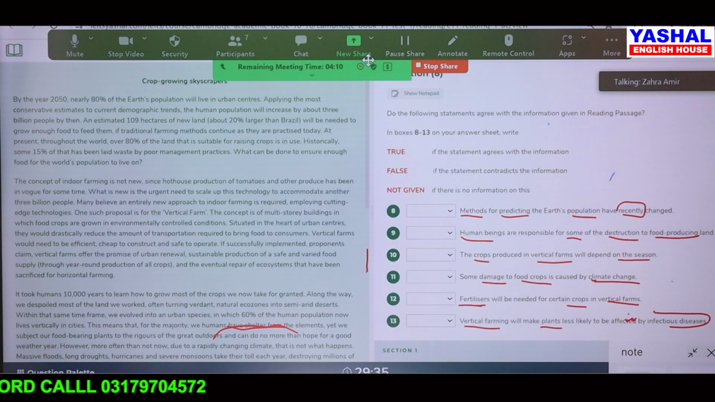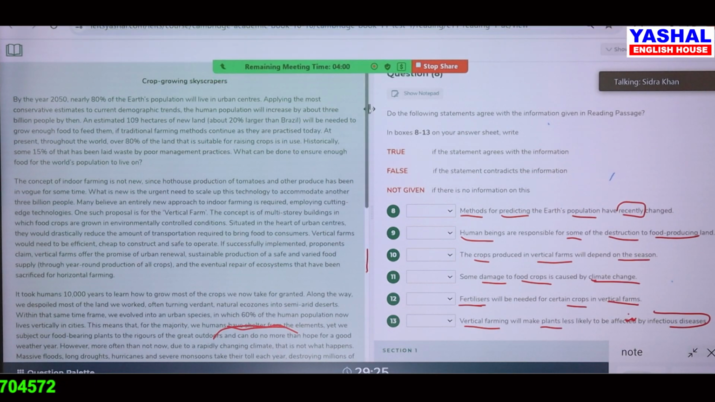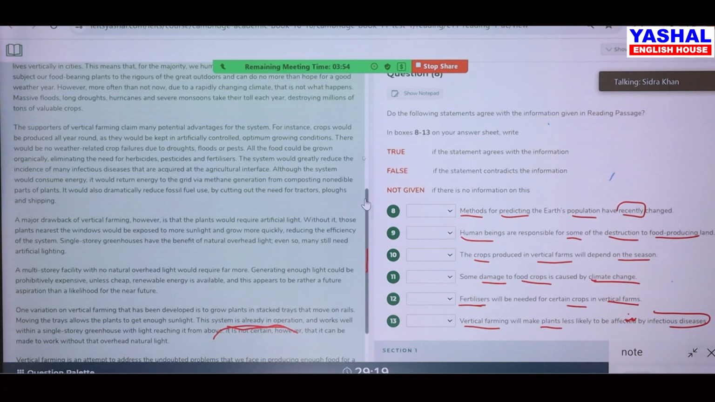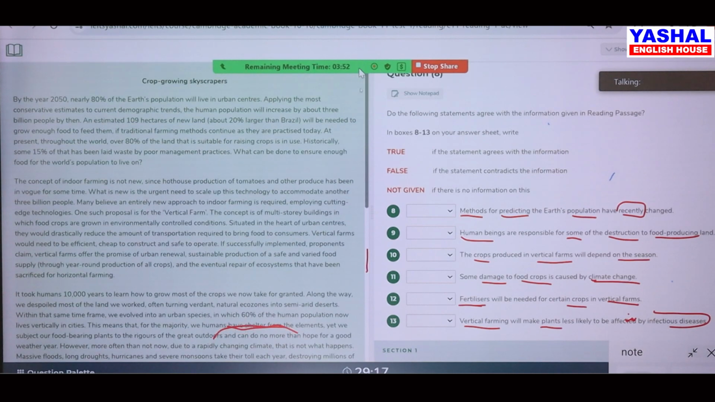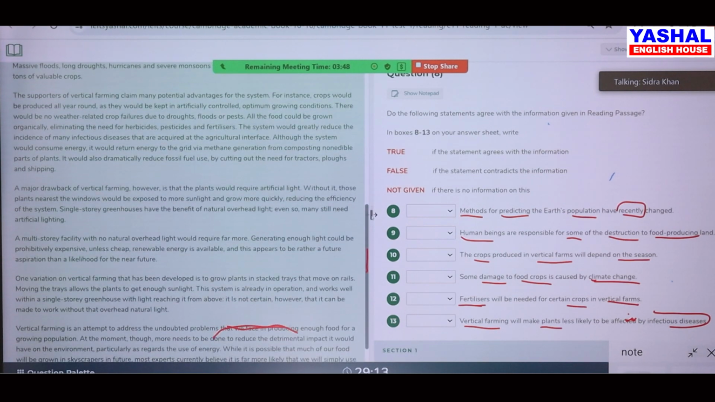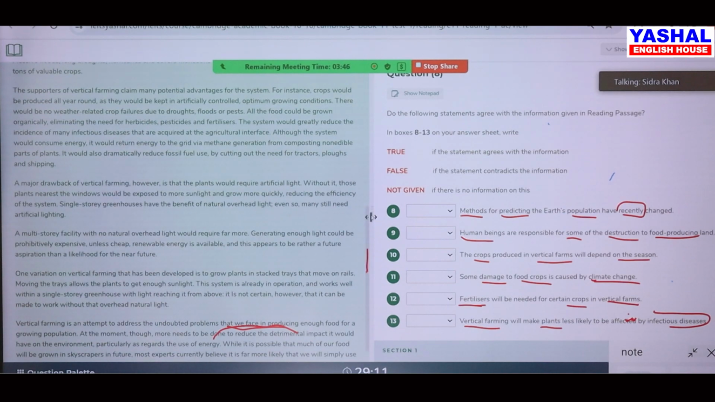So it means that the answer is given in the same paragraph, not a new one? No, it can be in the same paragraph, it can be in a new one. It depends on the situation. For example, if you have read these paragraphs, you can scroll down, you can read these ones. You can read from this one. The supporters of vertical forming claim the potential advantage of the system